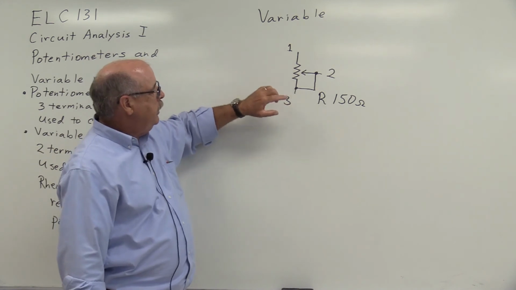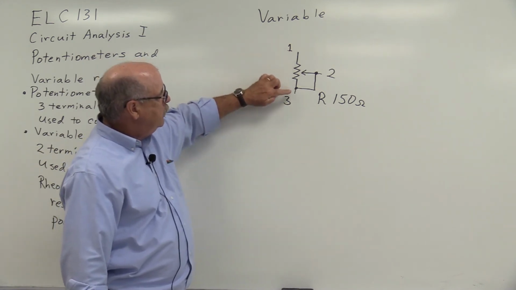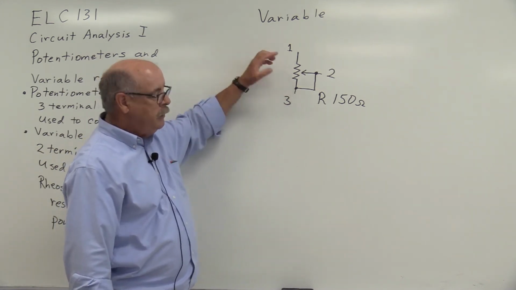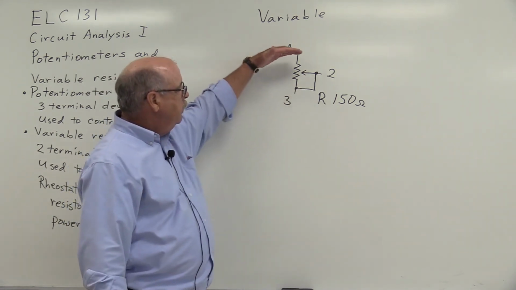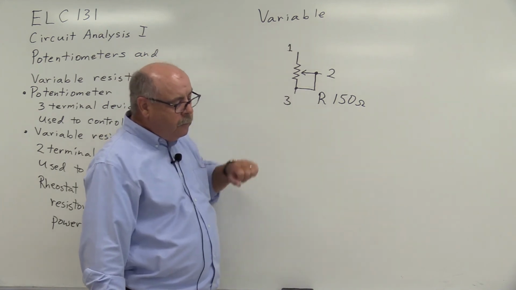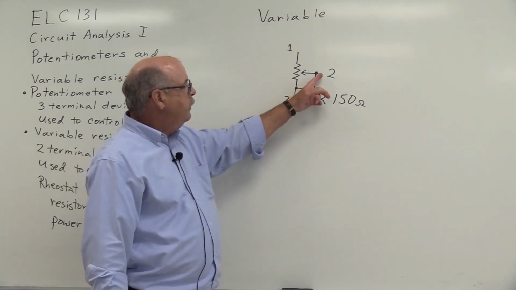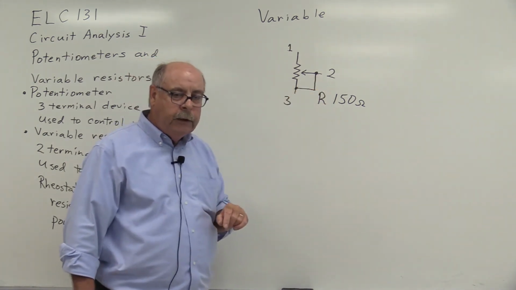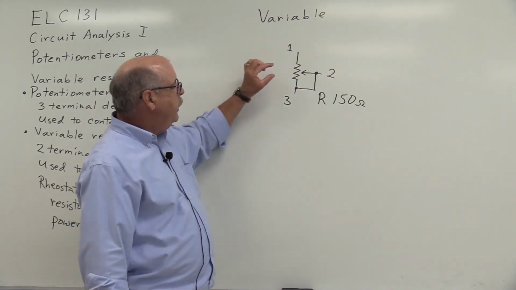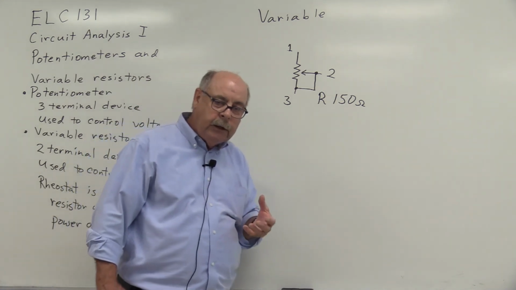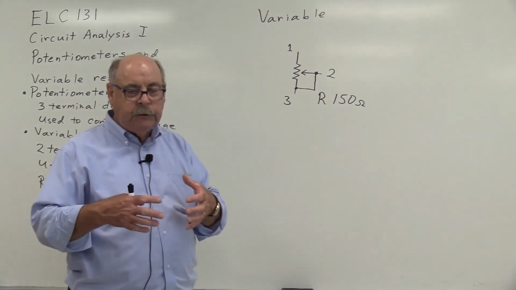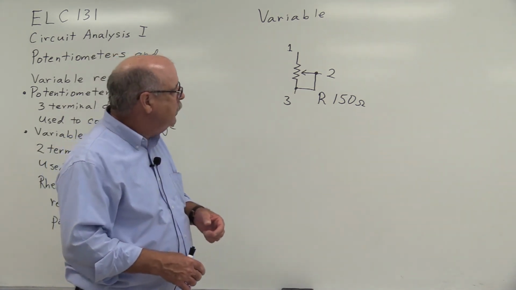We can still achieve from terminal 1 to terminal 3 anywhere from 0 ohms to 150 ohms by moving the wiper's position. Now, the reason we connect the wiper back to terminal 3 is that if the wiper were to hit a dirty place, a place where there's oxidation, or dust or dirt or some contaminants,